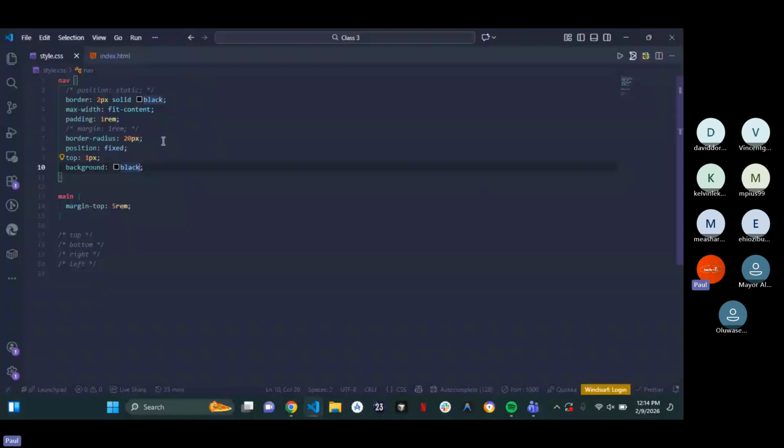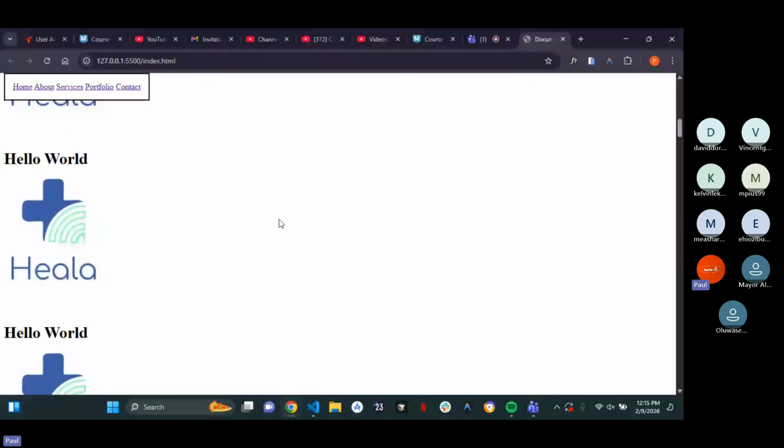So I'm going to remove this max width. I want it to fit the whole page. I'm also going to remove this border radius. Then I'm going to make the top 0 instead of 1 pixel because I don't want to have any issue at the top. Then we're going to give it a color of white, a background of white instead of black. And then if we refresh this now,